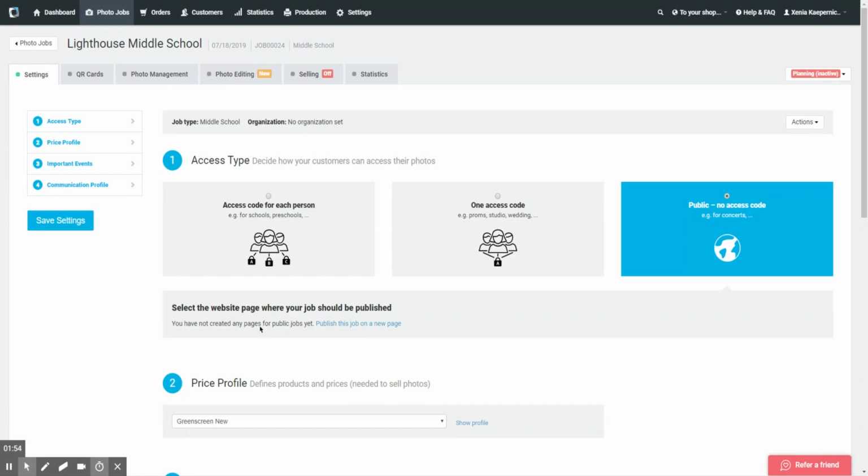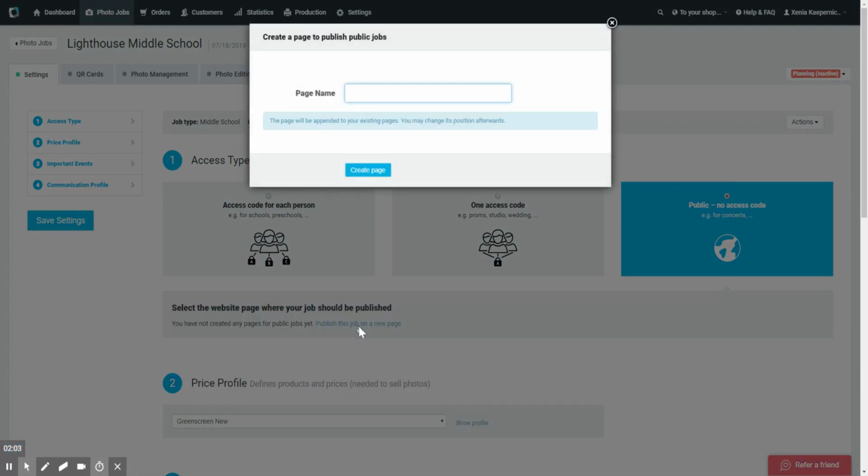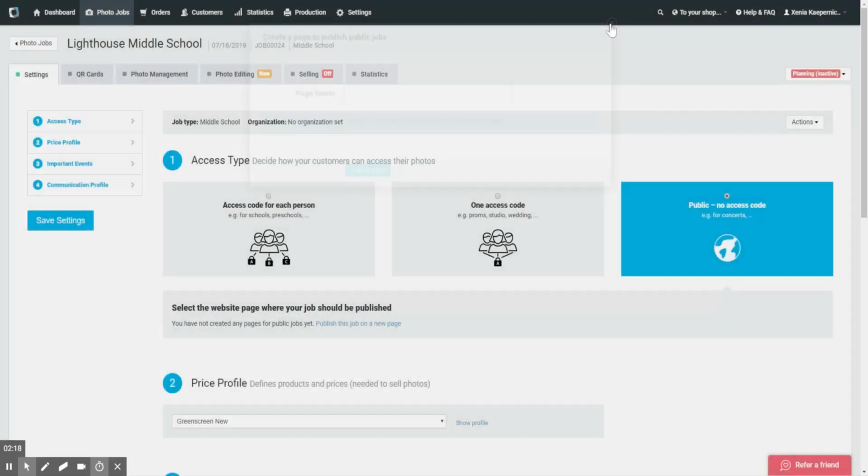If you haven't saved any page yet, you can do it here. You click publish this job on a new page. And here you have to set the name of the page. If it is, for example, a concert, you could enter the name of the artist or the name of the event. You click create page, and on your website you will see a new tab with the name of this